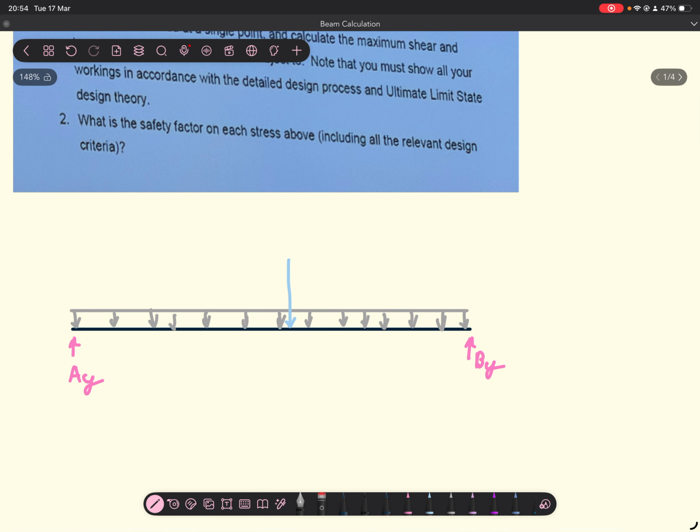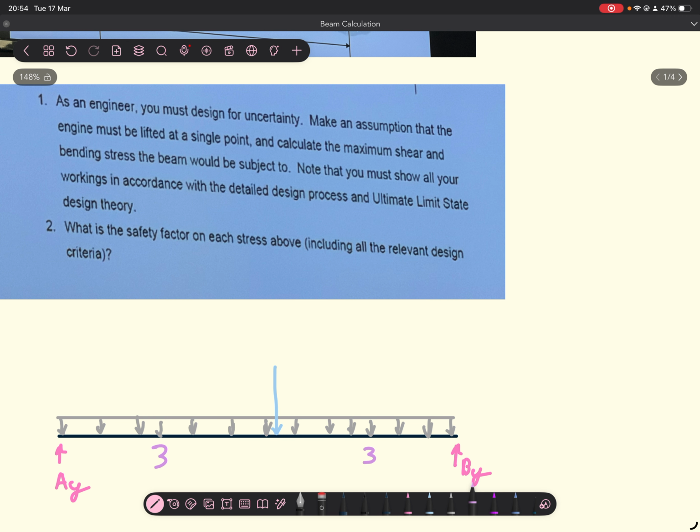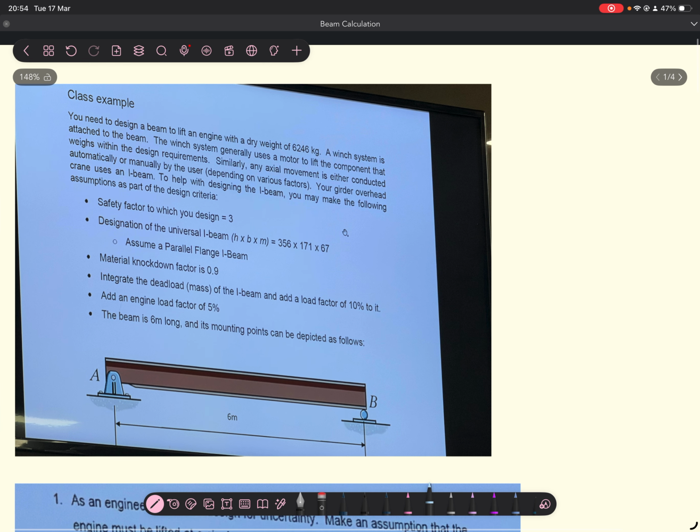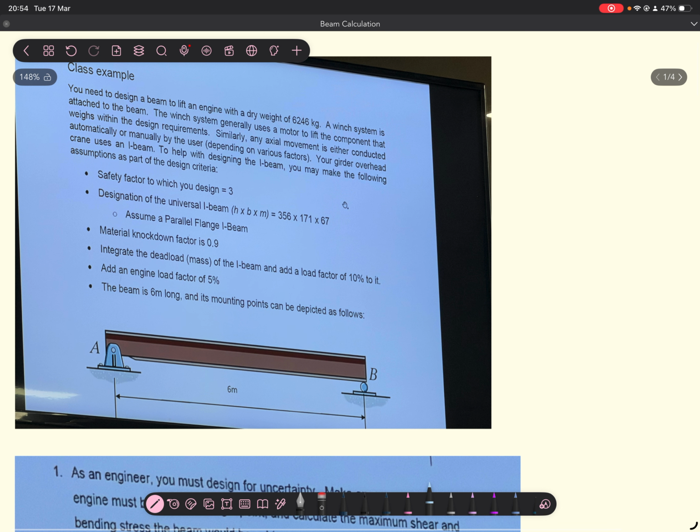Cool. And then this is going to be 3, and the force of the engine is going to be 6246 times 9.81 times our load factor of 5%, so 1.05. And then our distributed load, we're usually used to having units of newtons per meter,